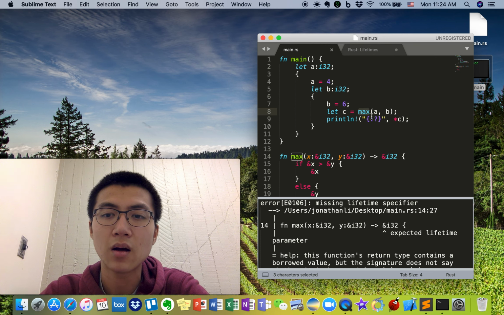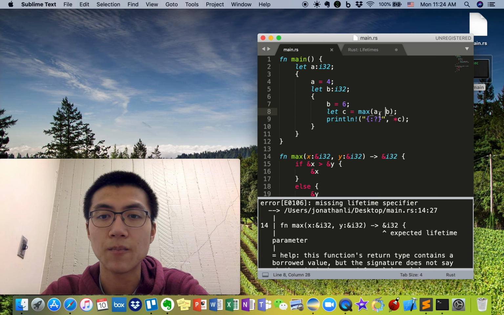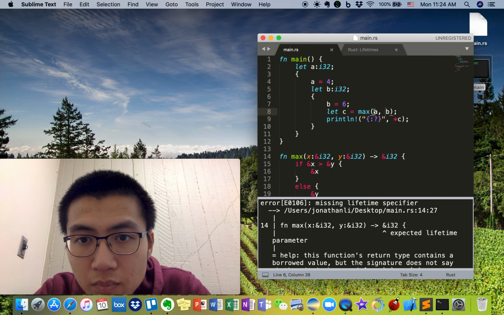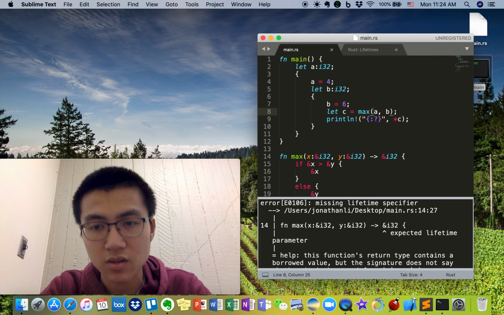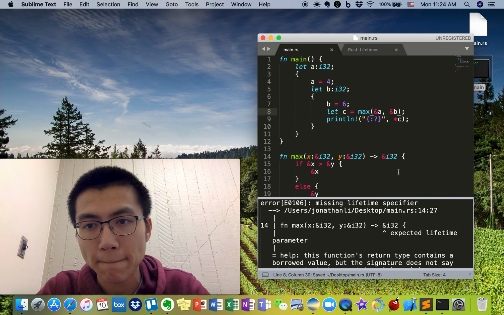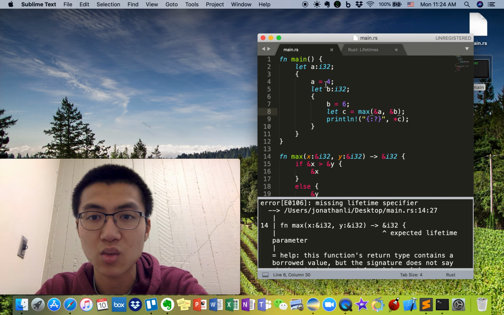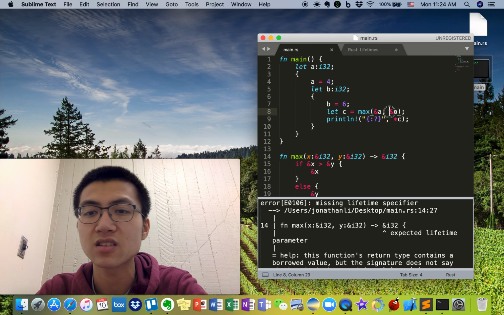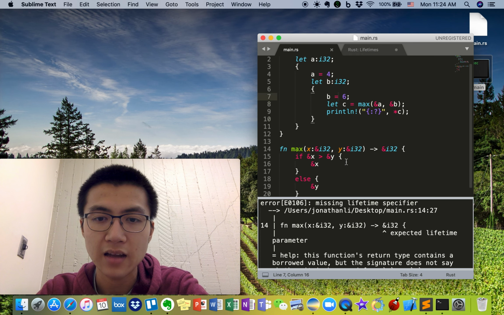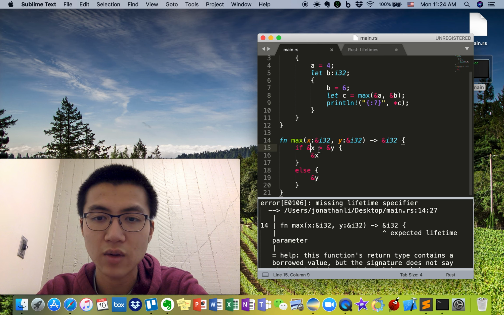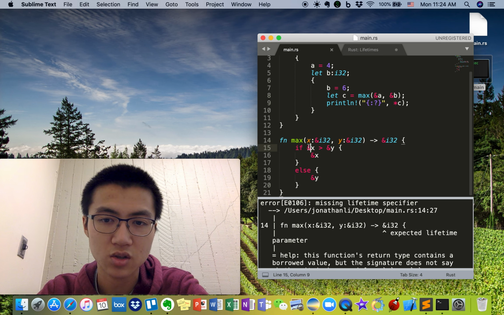It's going to compare a and b, and going to see, wait, actually, this is a problem. I need to return the reference of a. Okay, so max is going to take two parameters. It's going to take the reference, which is the memory address of a, and it's going to take the memory address of b. And this is max, right? And then if you have, which one's bigger, okay? So if you have,